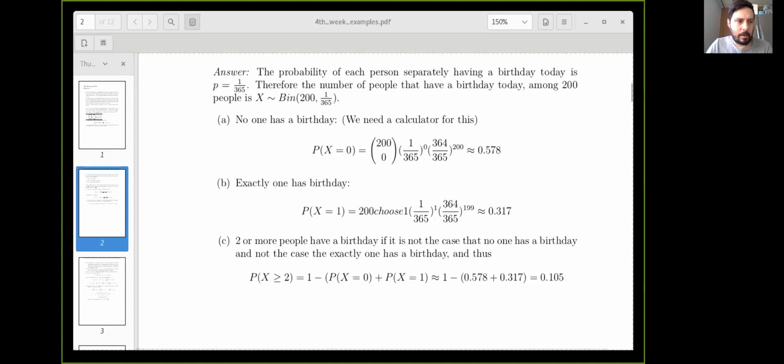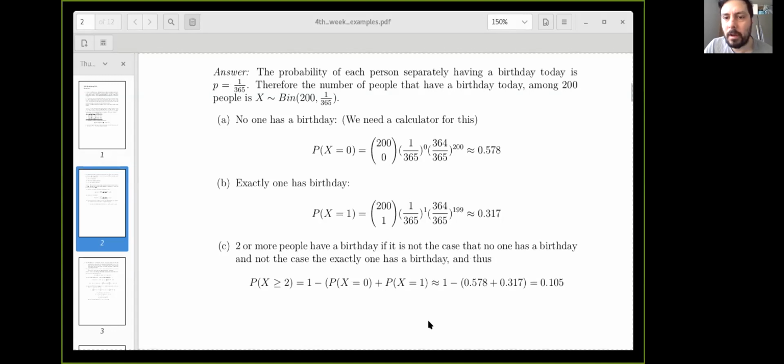And another typo there. Why did I make that same mistake there? I'm missing something in LaTeX. The good thing about it is that when you see something here, you can notice that the probability of a birthday for one person must be lower than the probability of a birthday for 0 persons, because 0 already was over 0.5, so over 1/2 probability. 200 choose 1 would be 200 times 1 over 365 to the power of 1.